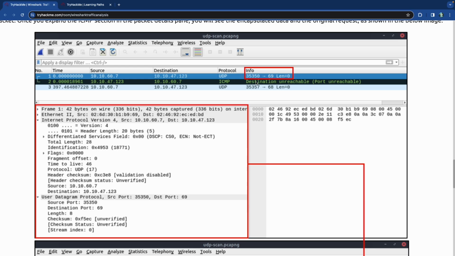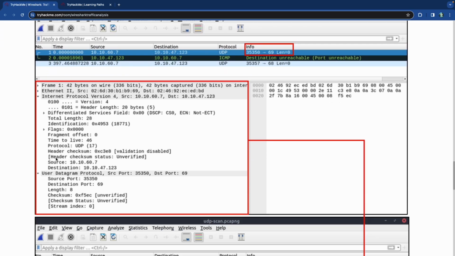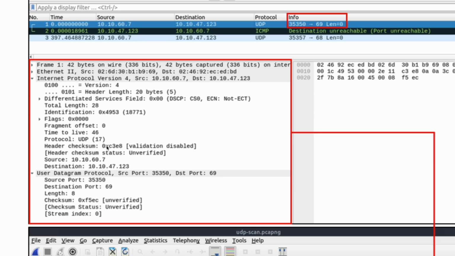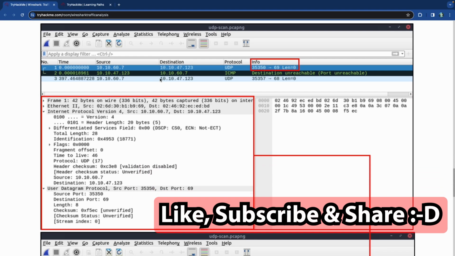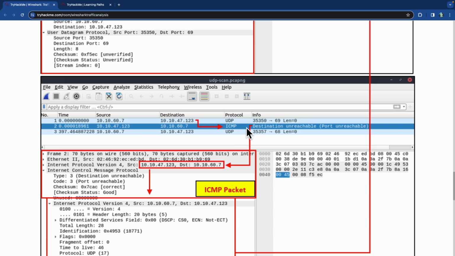If we clicked on this and tried to open it, it would show you under the IPv4, and then under the ICMP section. Where is that? I see, my apologies. So this is the actual packet that we're looking at right here, and this is the results of the packet. And then when you click on the next one, the ICMP,